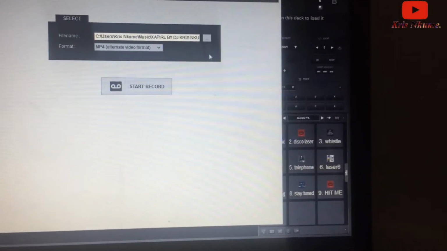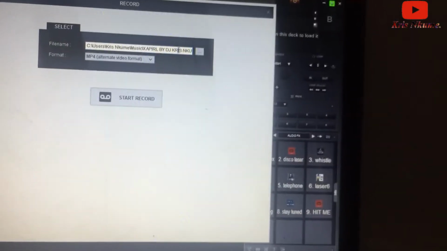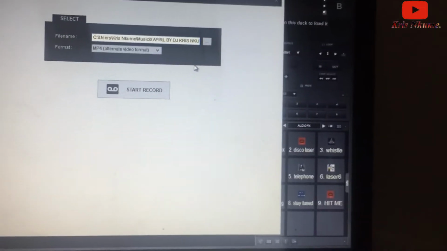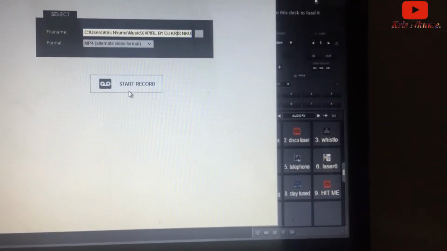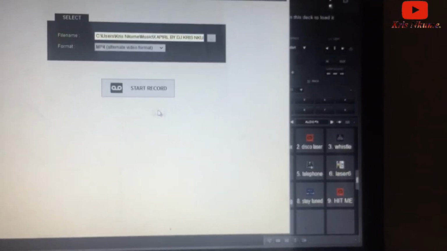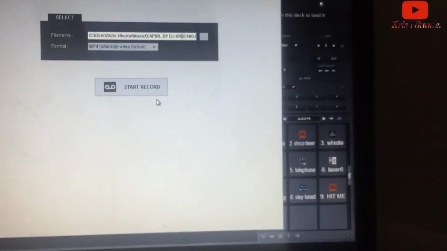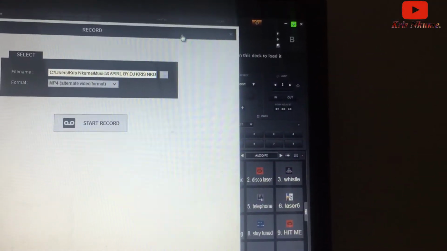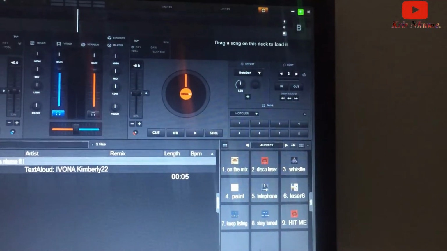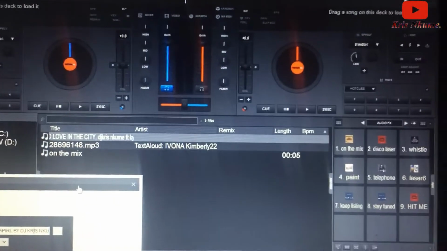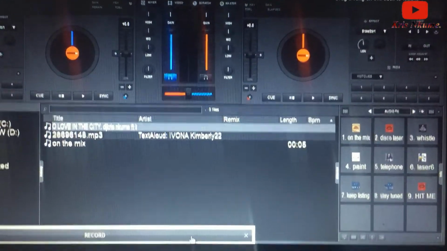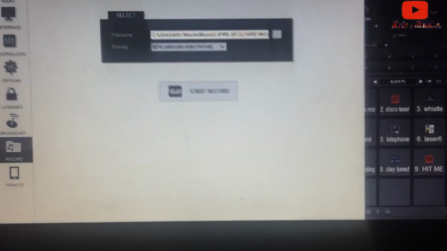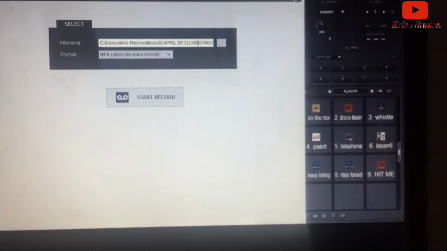So if you want to write your mixtape name, you click over here. You see, I've already clicked it, and you type the name. After you have done that, the next thing you do is click on start recording. Once you click start recording, you close this tab here, or you can drag it and hide it, so as not to disturb your working sheet. See how I'm dragging and moving it? You hide it so it will not disturb your working sheet, so you can see your interface and do your mixing. After recording, you can now close.